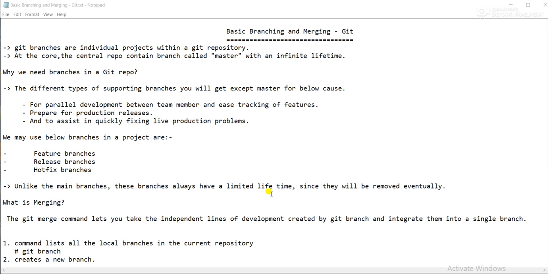So the next question that will come is why we need branches in a Git repo. You will get different types of supporting branches except master, for the following causes. They might be used for parallel development between team members and easy tracking of features. They might use branches to prepare for production releases, and to assist in quickly fixing live production problems. So we may use the following branches in a project: feature branches, release branches,